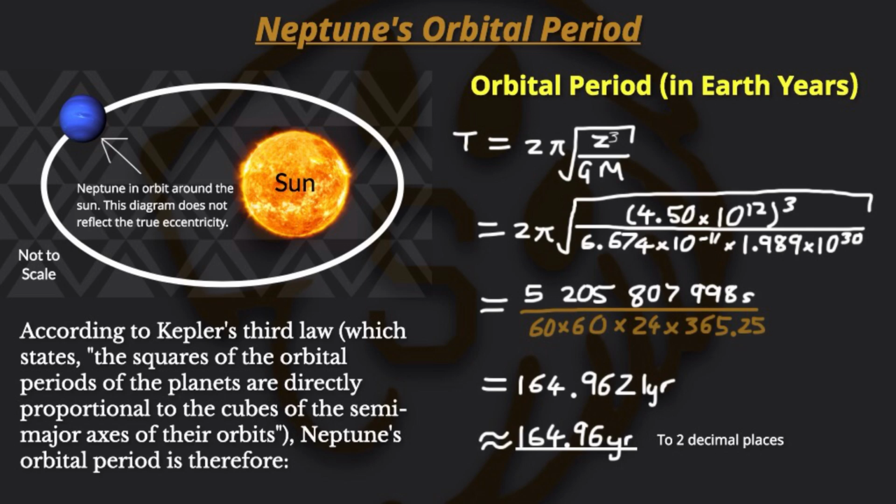So our T will be equal to 2π multiplied by the square root of the semi-major axis to the power of 3, which is cubed, over the gravitational constant, that's capital G, which is 6.674 times 10 to the power negative 11, multiplied by the mass of the Sun, which is 1.989 times 10 to the power of 30. You're going to see these values popping up quite a bit in this video. And the semi-major axis is supposed to be in meters. That's according to the standard rules of calculations, which we call the SI units, the International Standard Units. And then we get our answer in seconds, which is